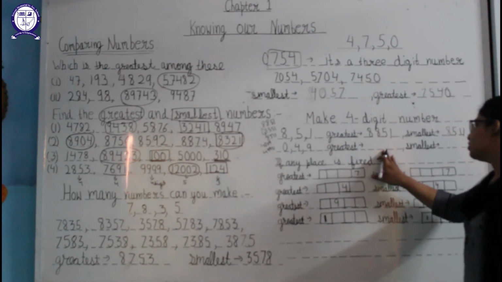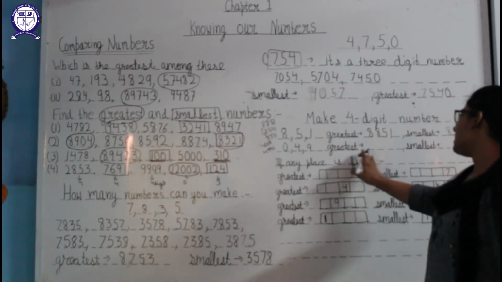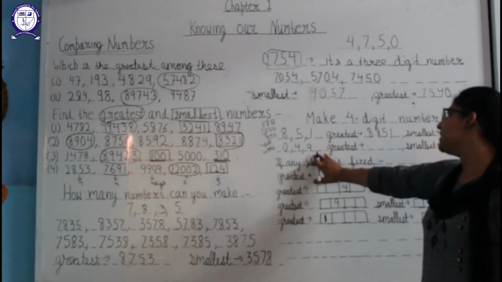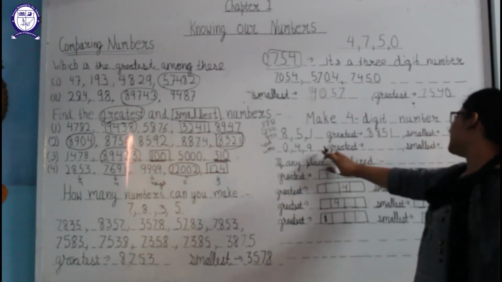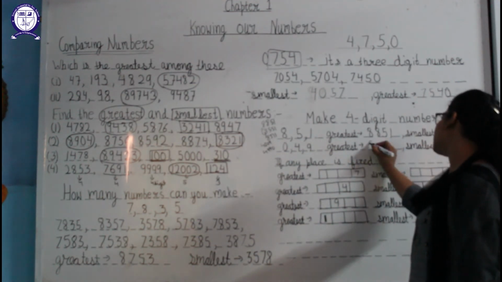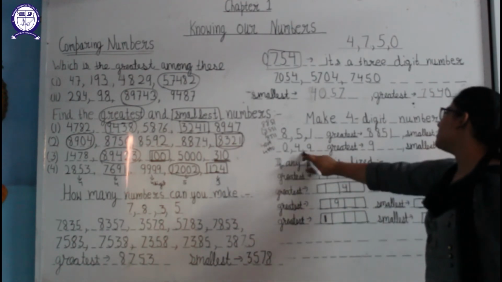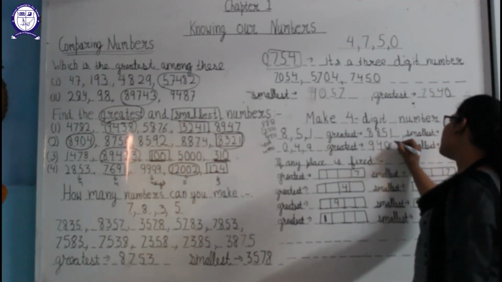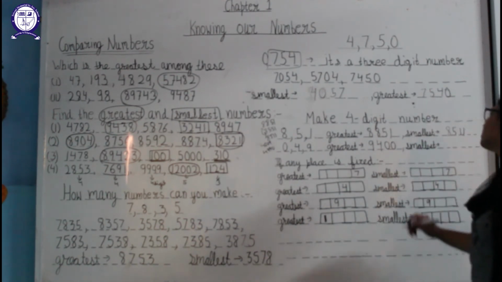Here also we have to use the greatest. We have to make the greatest from these 3 digits. So how will we make it? We will first use, for the greatest digit, 9 as it is greater than all these digits. So 9, then we will use 4 and we can easily use the 0 twice to make the number,